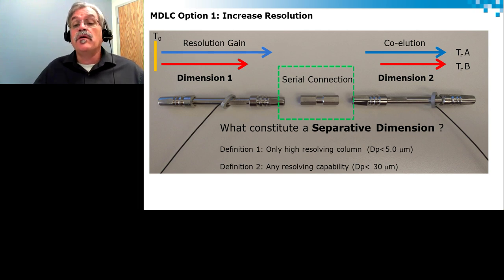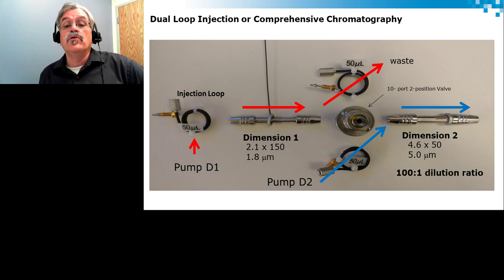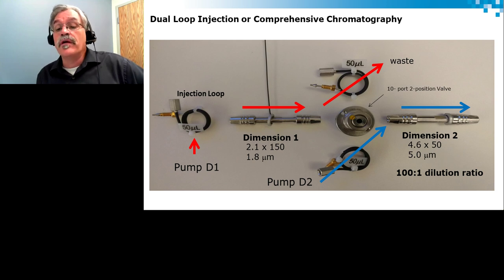Now, the predominant technique in multidimensional chromatography is what we call the dual loop injection, also known as comprehensive chromatography. This concept is interesting to utilize, but it's actually fairly simple to operate and to understand. On the left-hand side of the screen, you're going to have your standard injection. One pump goes into a resolving dimension. That dimension's flow rate is purposely slowed down and will be diverted to an